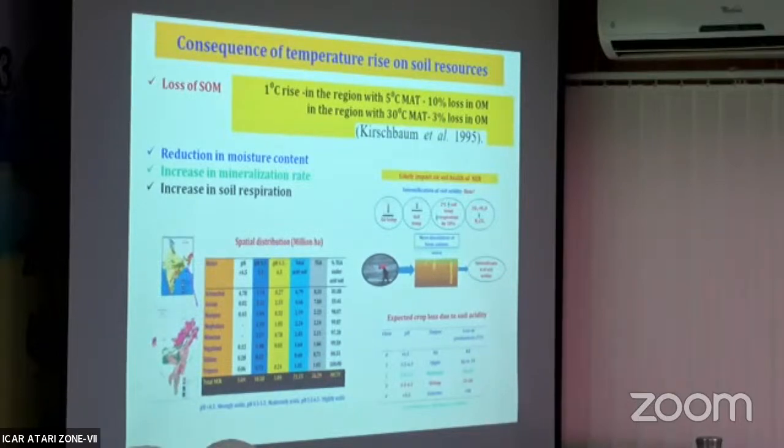Then the increase in soil respiration. Even in the case of human beings, when there is a very hot summer, respiration increases and we sweat. In a similar way, the microorganisms in the soil also increase their respiration. So what are the consequences? If a lot of carbon dioxide is produced in the soil, that carbon dioxide reacts with the soil water and produces carbonic acid. As the carbonic acid increases, dissolution of the calcium and magnesium minerals especially will increase.